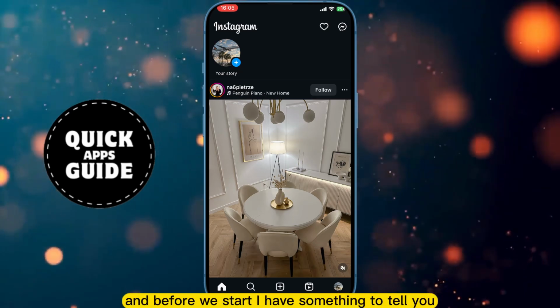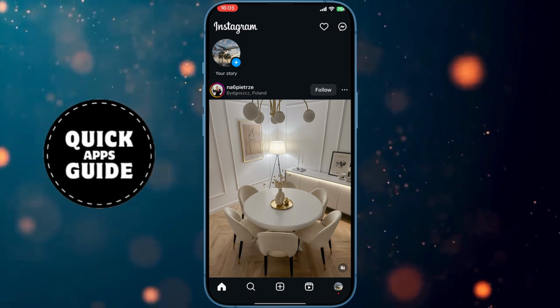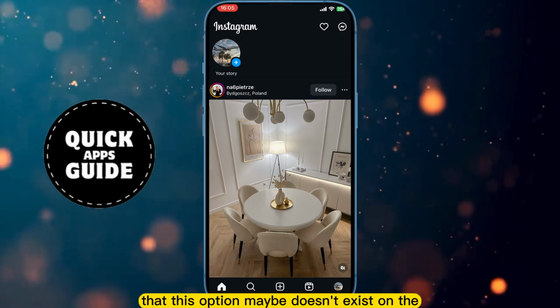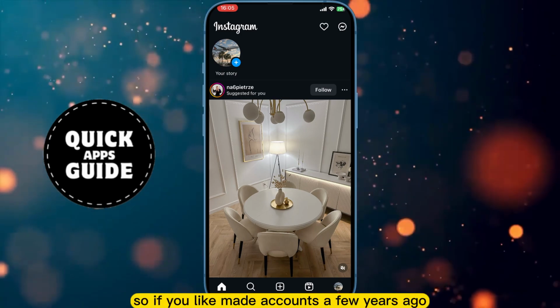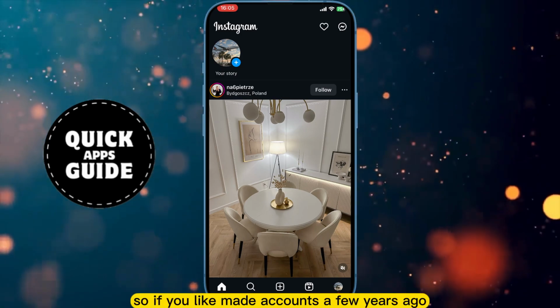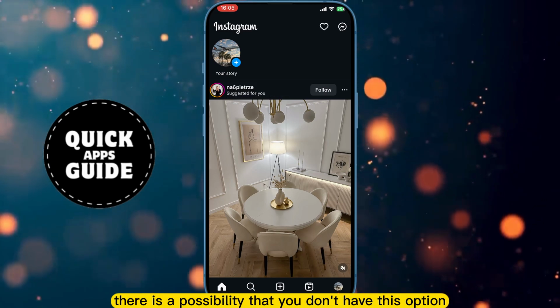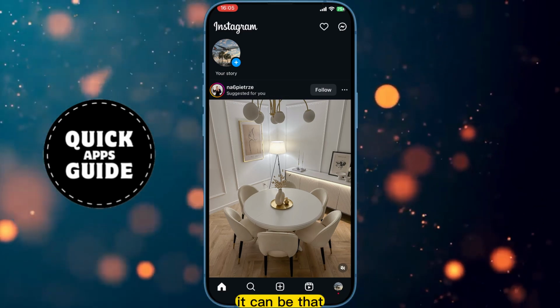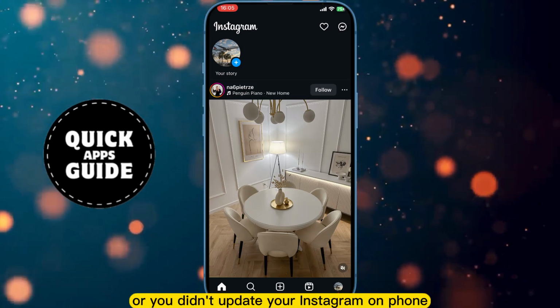And before we start, I have something to tell you. I found out that this option maybe doesn't exist on the old made accounts. So if you made your account a few years ago, there is a possibility that you don't have this option. That, or it can be that you're in a country that doesn't have this option, or you didn't update your